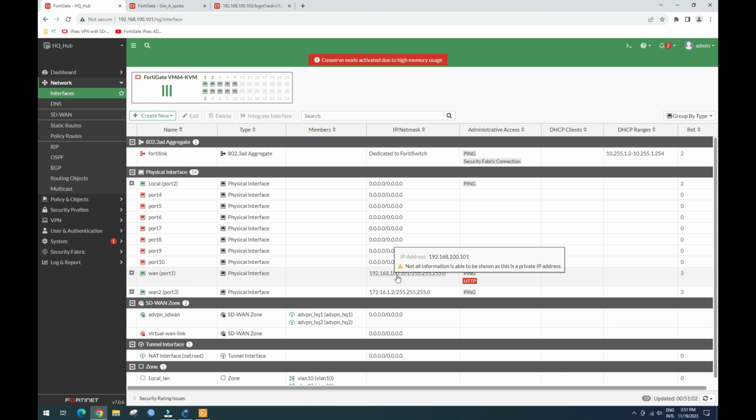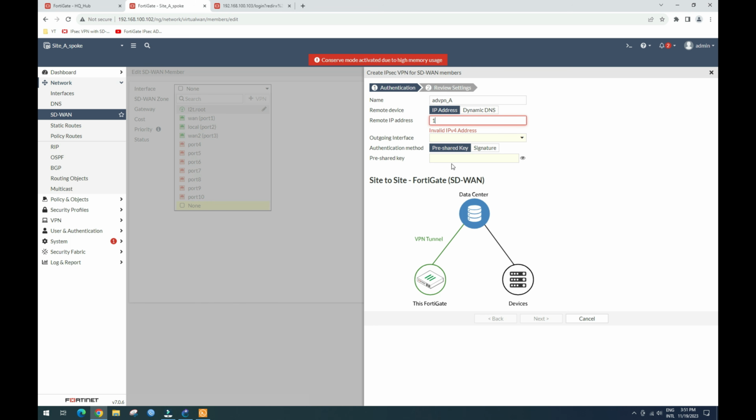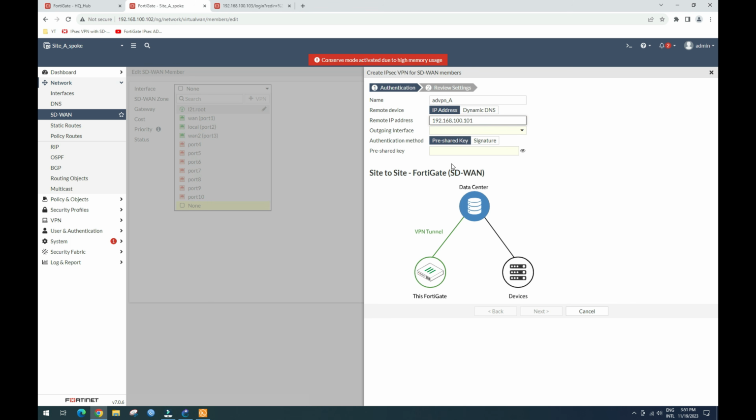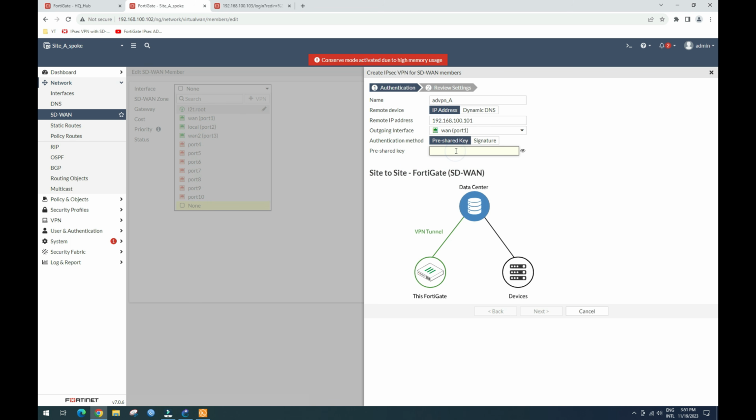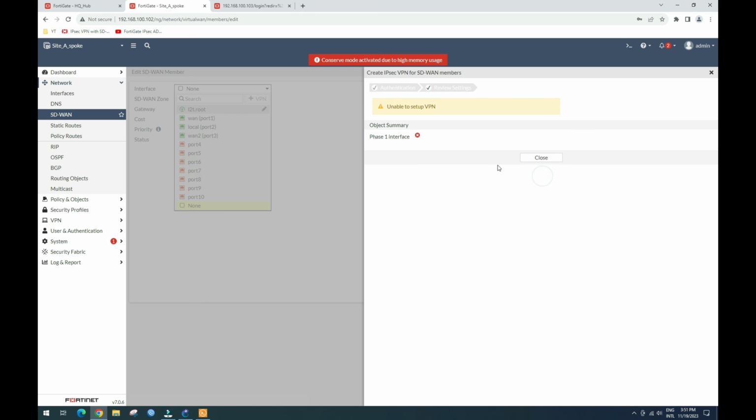So our WAN 1 IP address is 192.168.100.101. Okay, and then WAN 1, our password here 123.123. Okay,